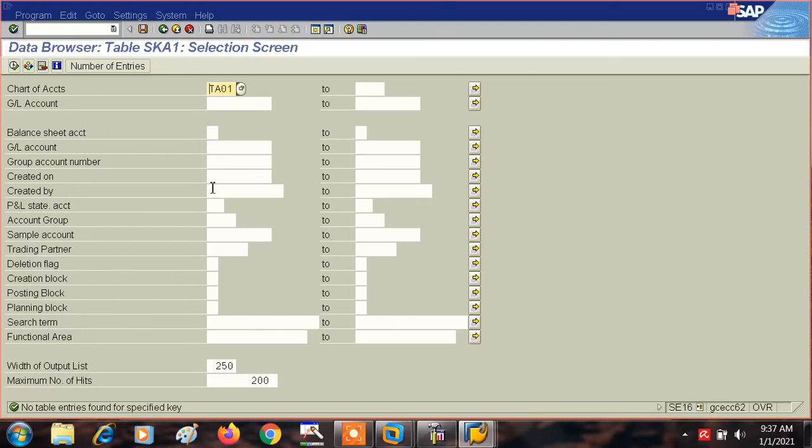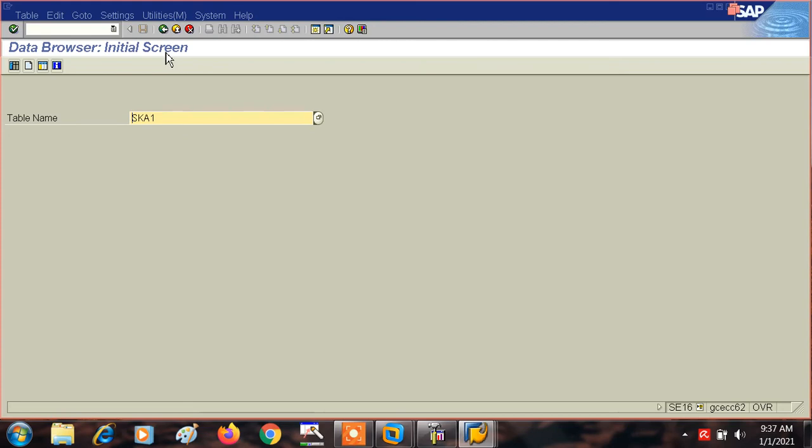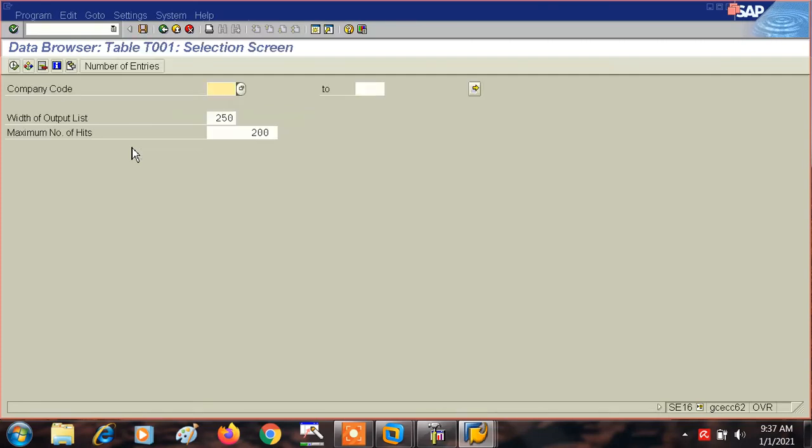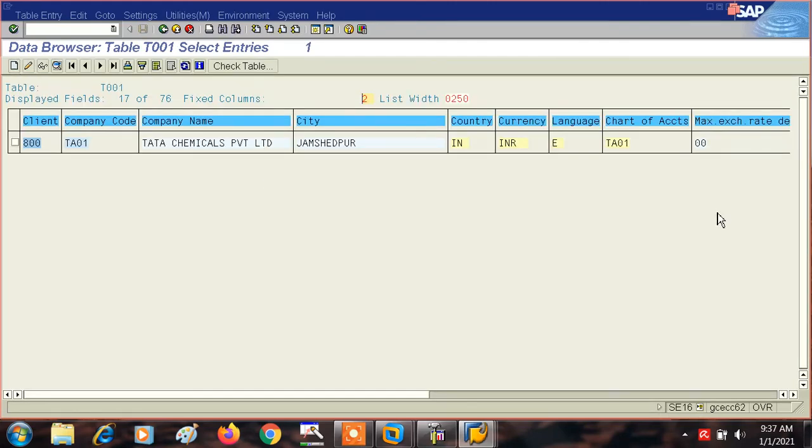Right now we don't have other information in this chart of accounts, that's why it is not reflecting any information under it, right? So this is our table, that is T001. In this table itself we are going to have all the details about this company code, that is TA01, right? We have all the details, and short while back we created our chart of accounts, and we can see that it has been updated over here, right?